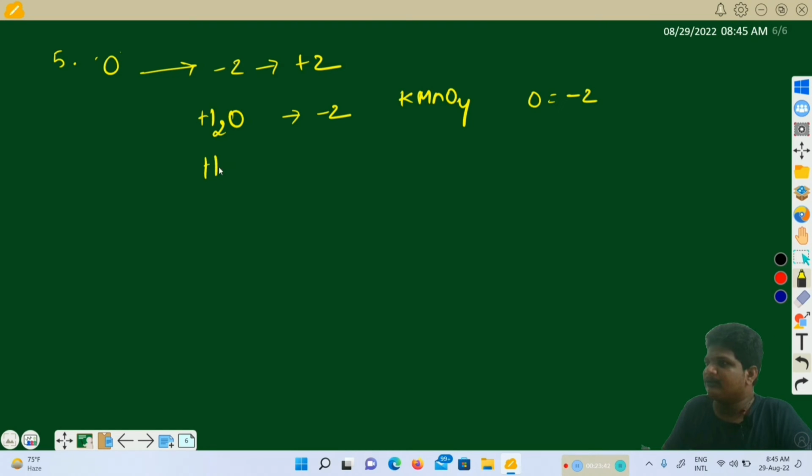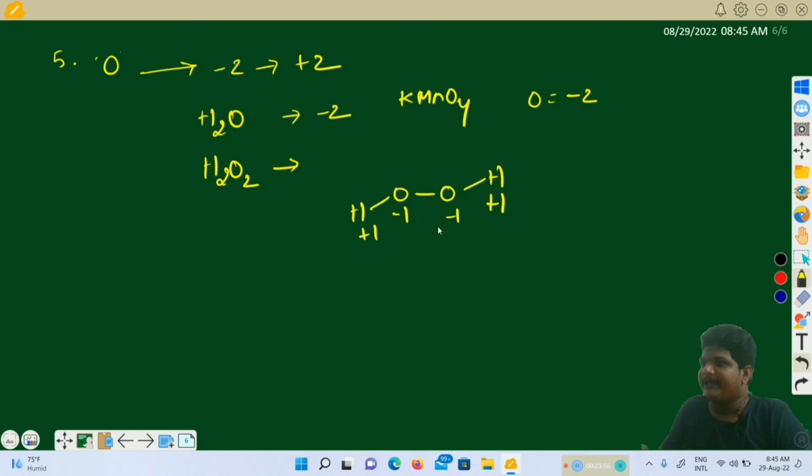If you consider hydrogen peroxide, in the case of peroxides we have hydrogen, oxygen and hydrogen. Each hydrogen will exhibit a +1 oxidation state, and each oxygen will exhibit -1. So oxygen can exhibit a -1 oxidation state in its peroxides. Now with fluorine,